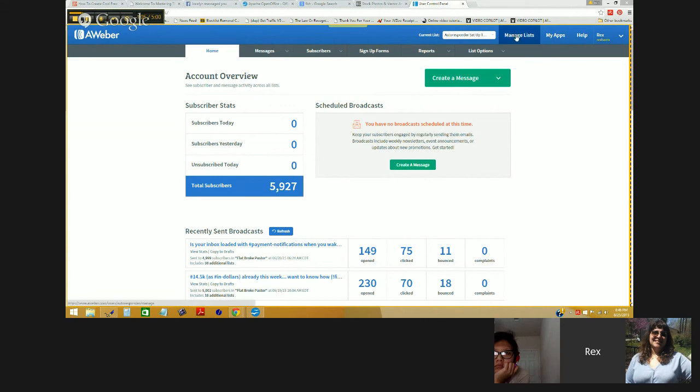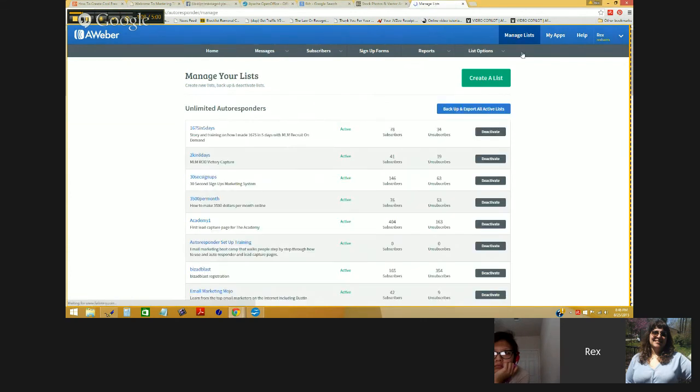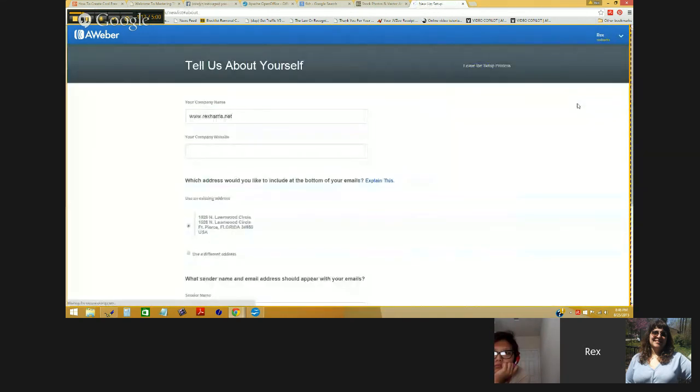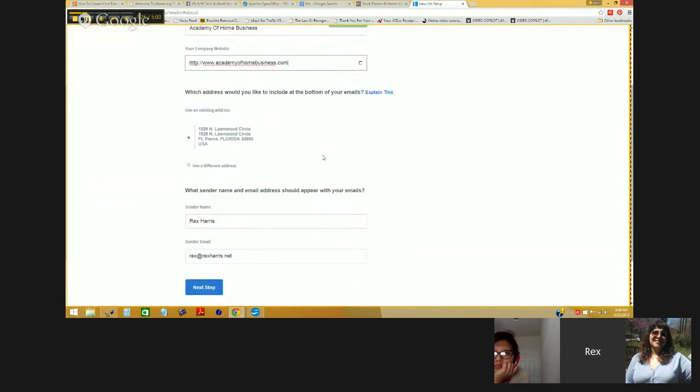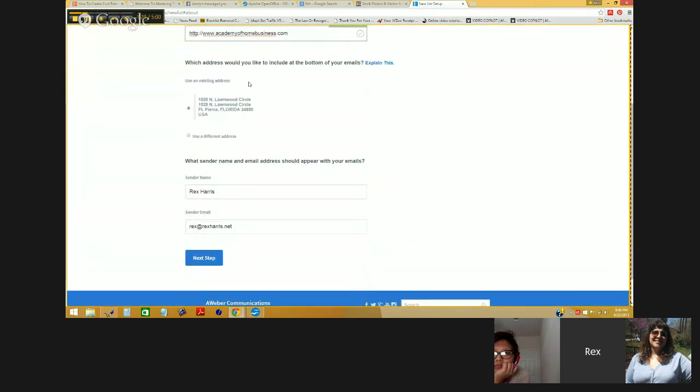So to create your new list, you go to Manage Lists, and you're going to see a green button here that says Create a New List. So I click on that, all right, and I put my company name in here. Okay, I put my company website here. Okay, got my sender name there. I've got to use an existing mailing address. Okay, sender name, sender email, and it's very important that you utilize a name-branded contact email address,